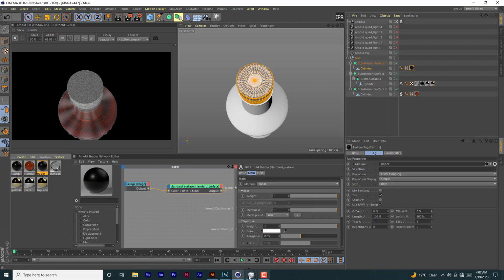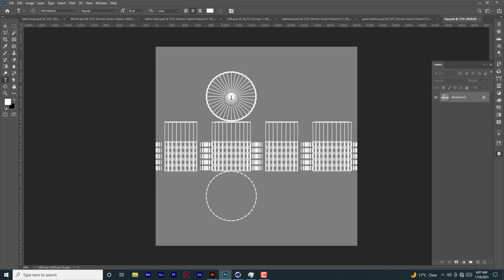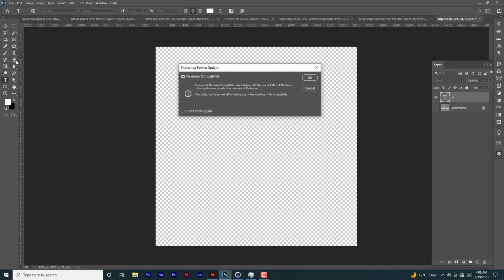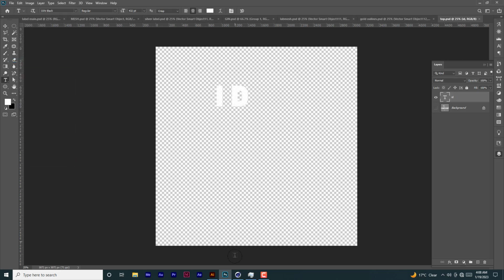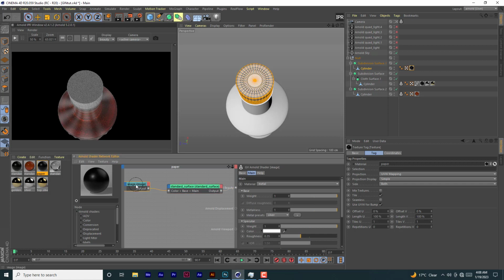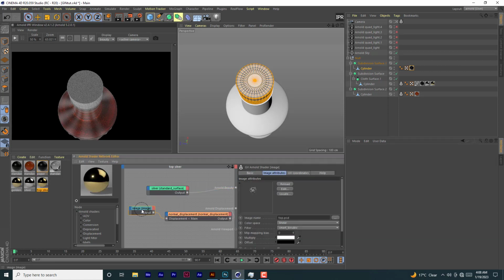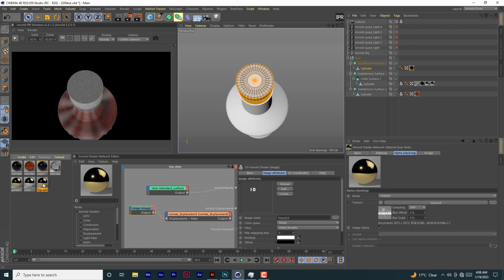And then I put here, let's say ID. You save this, save, and then you come here and come to the top silver part. You come to this material and then reload. You select that material and then